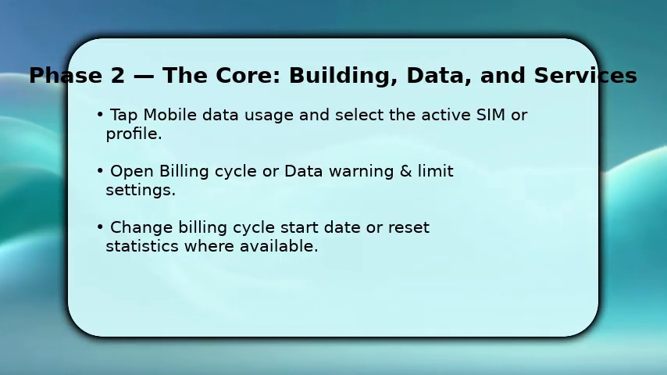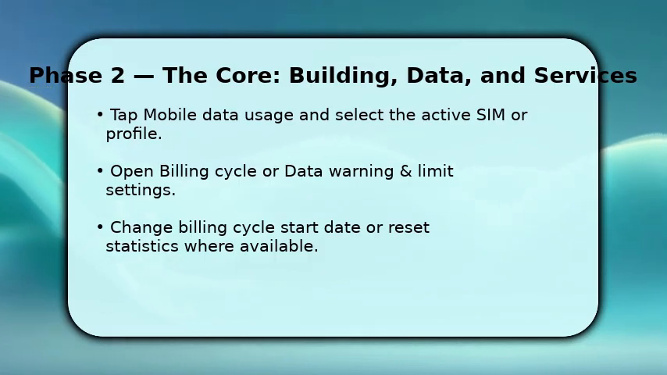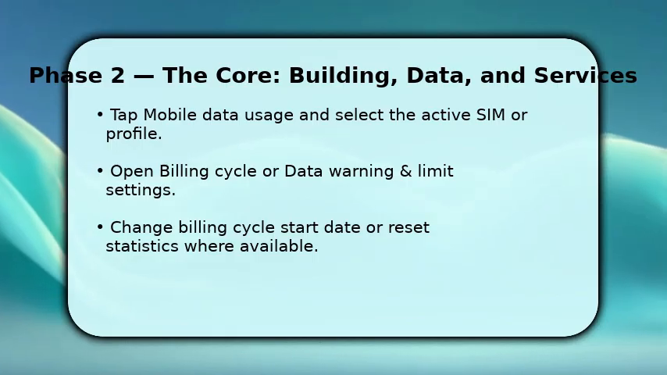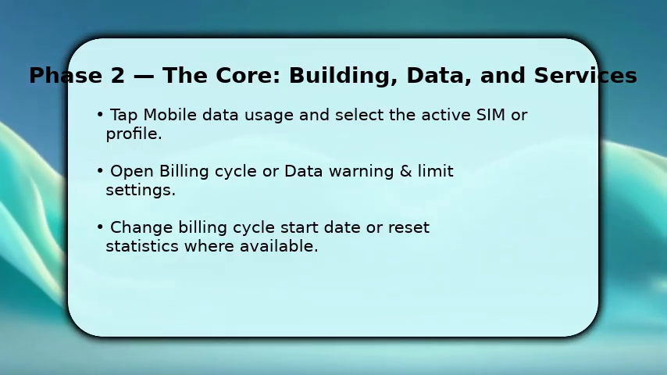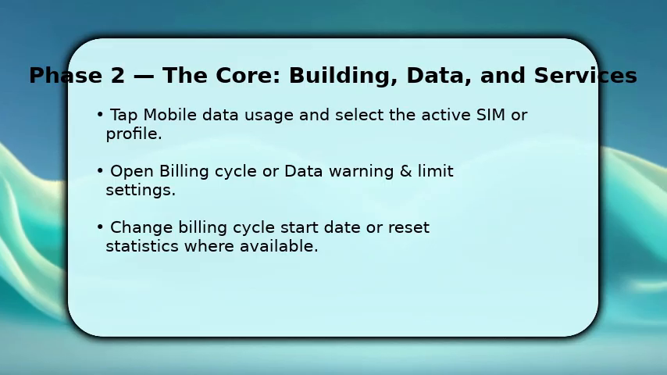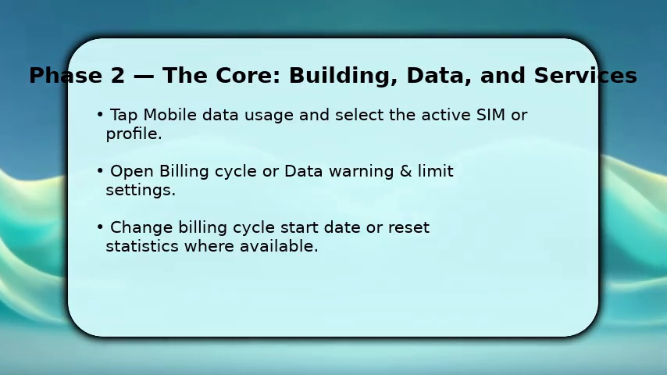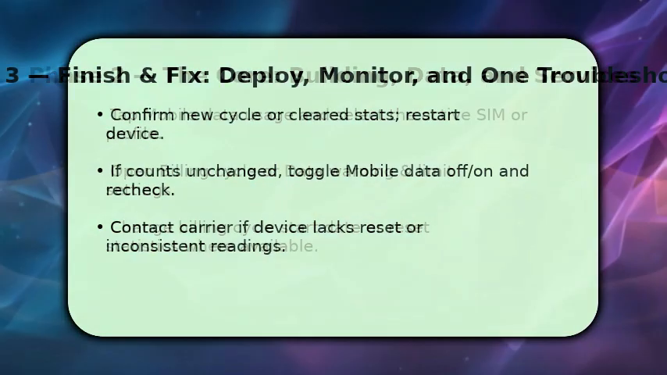You do this because altering the cycle forces the counter to restart. If Reset Statistics is present, it directly zeros the totals. Make deliberate changes so you track accurately. Finish by confirming the cycle start date or that statistics read 0, then restart the device to let the system